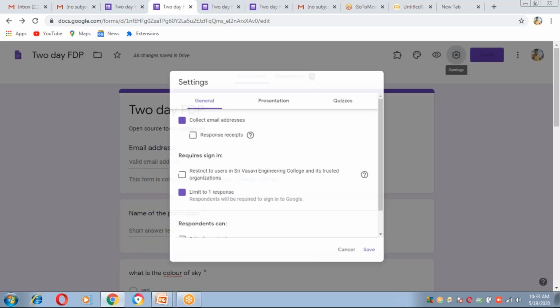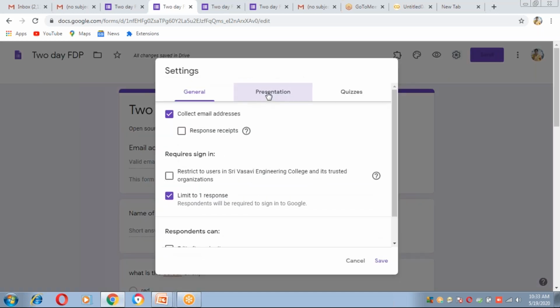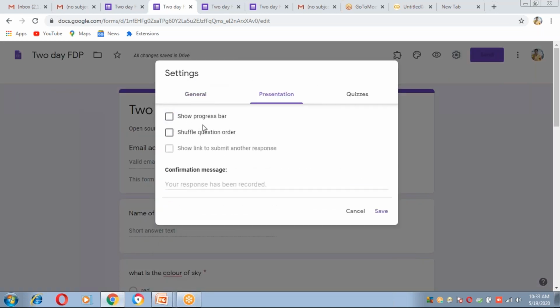And again settings. So this is presentation. Presentation means once all the students have submitted their Google forms, we can see their progress in bar charts like this. Next one is shuffle question order.